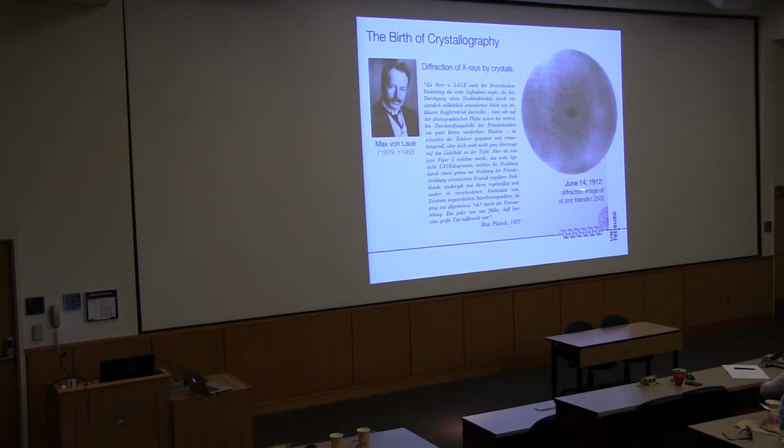And he presented that. So he shot X-rays at a piece of zinc blende, which is zinc sulfide, and showed the people basically that there is this kind of a diffraction image. And they were smart people, so they immediately understood that this diffraction image, of course, in some way must reflect the internal structure of the object where this diffraction took place. So the diffraction of the X-rays encodes the structure of the object in these X-rays, like you know from a